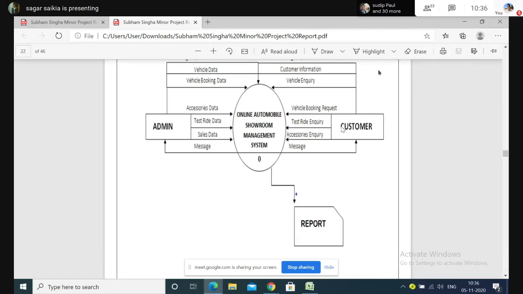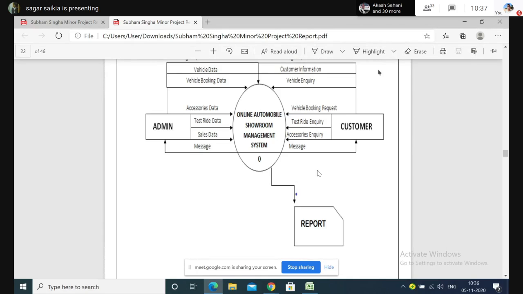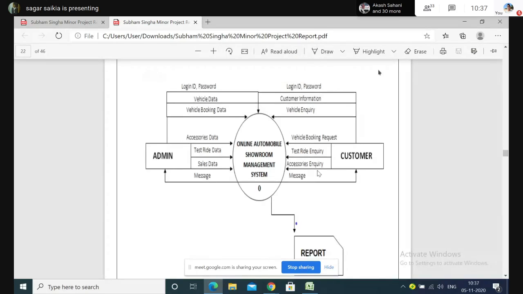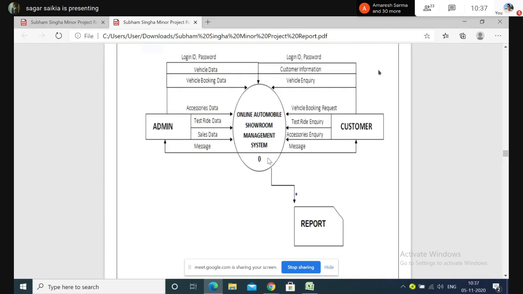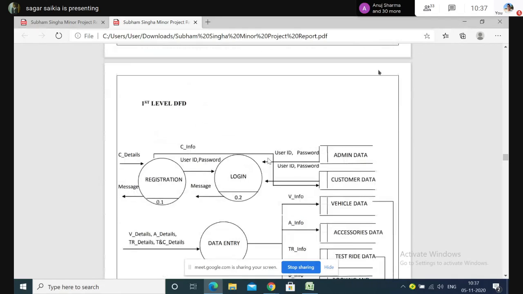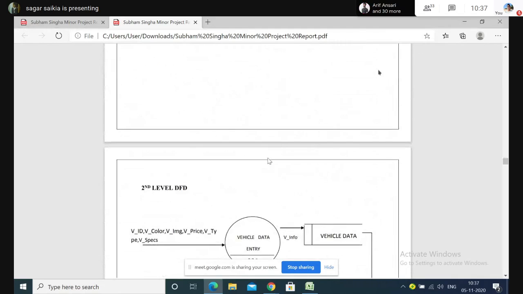So the customer can view it by giving the day on which he has done the test, isn't it? So that thing he can view. Okay, so this is level 0. Now in level 1 we have to break this down. So this is the first level DFD for both